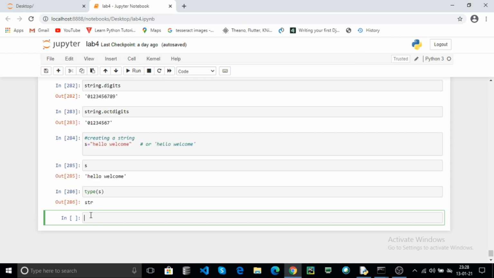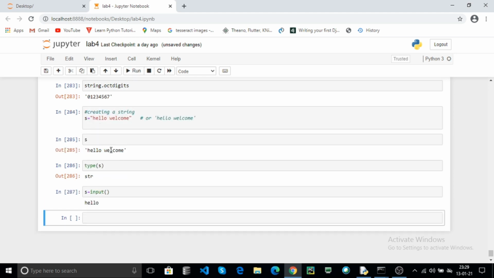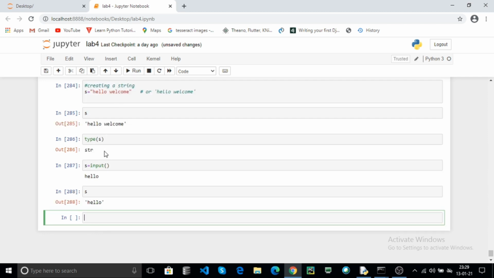Now how to take the input in a dynamic way. Here use the input. It takes the default string data. Click on the run, enter some string and hit enter. The S contains string data.